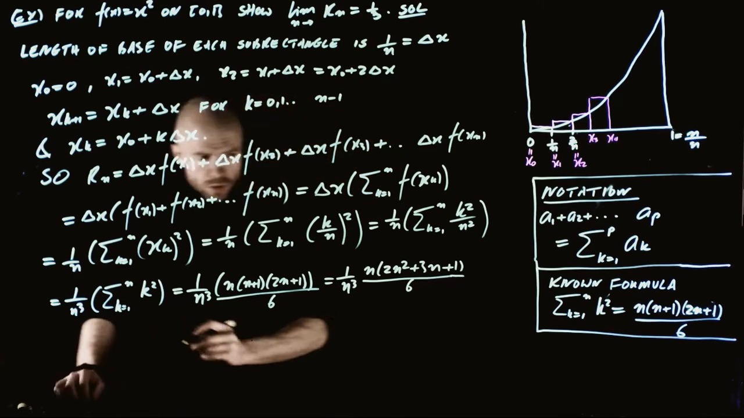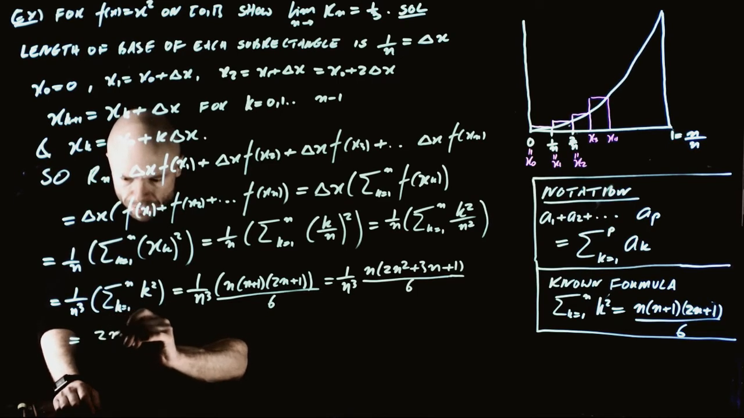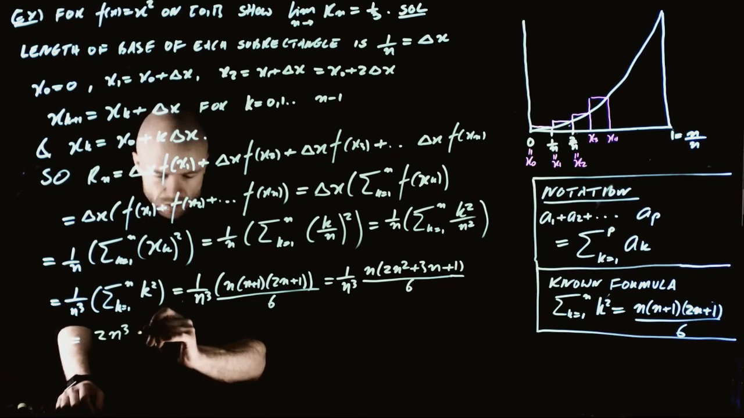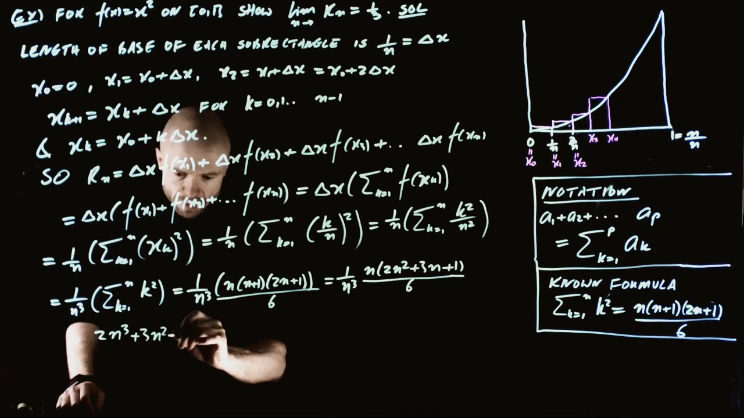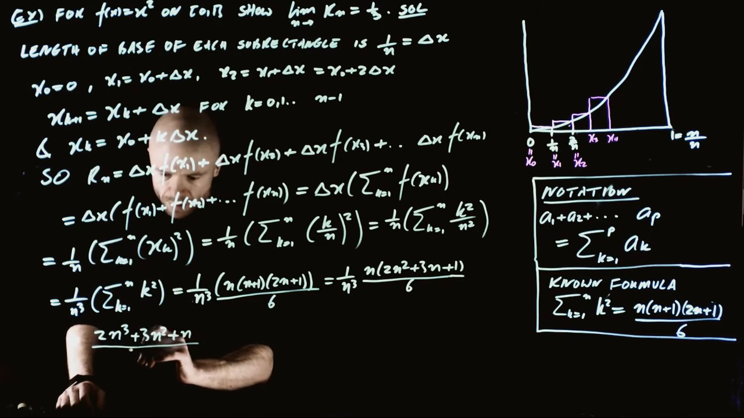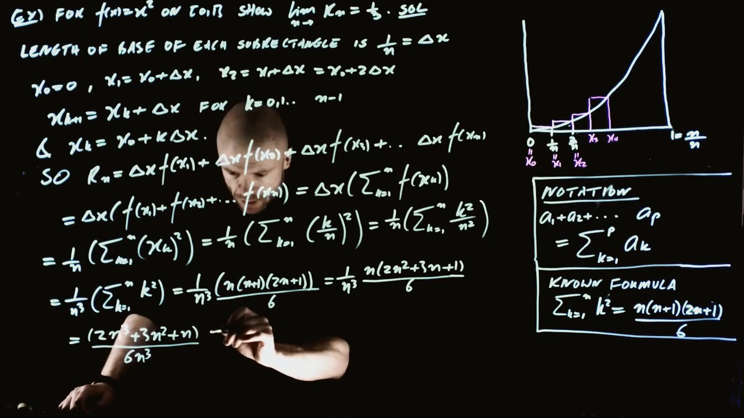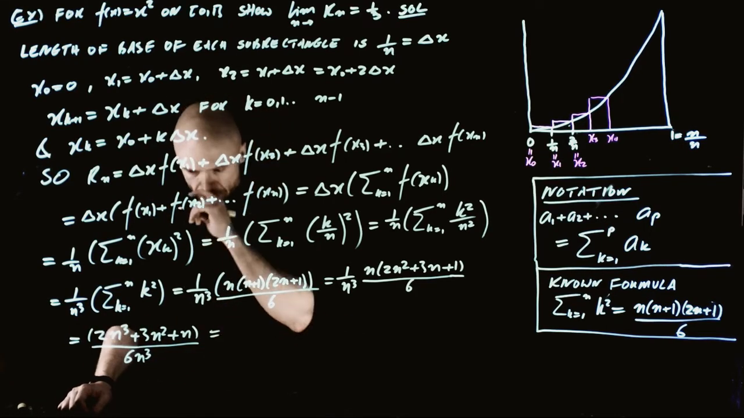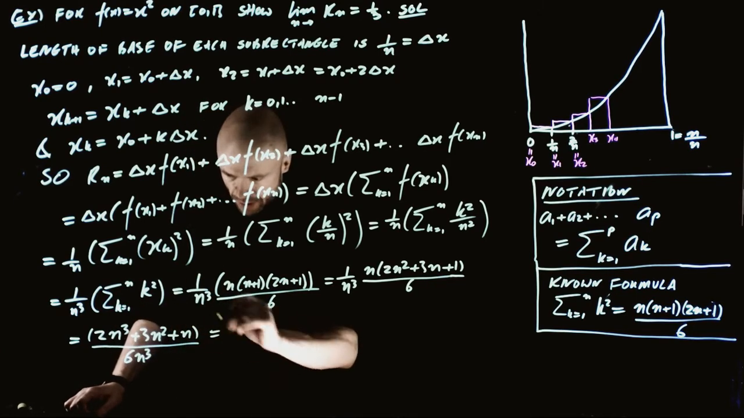And we can do some more cleaning up. And this is 2n cubed plus 3n squared plus n over 6n to the power 3. And let's further clean that up, right? So we can factor out, we can